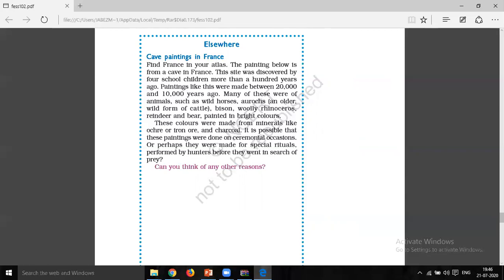Sites were the places where we found the remains of things such as tools, pots, and buildings. They were used and left behind by the people. They were found on the surface of the earth, buried under the earth, or sometimes even under water. So that was known as sites.